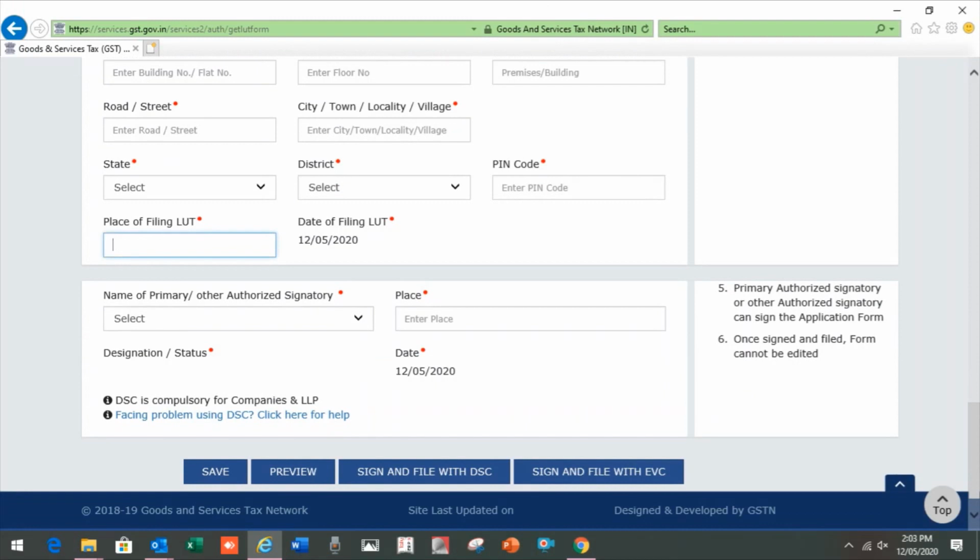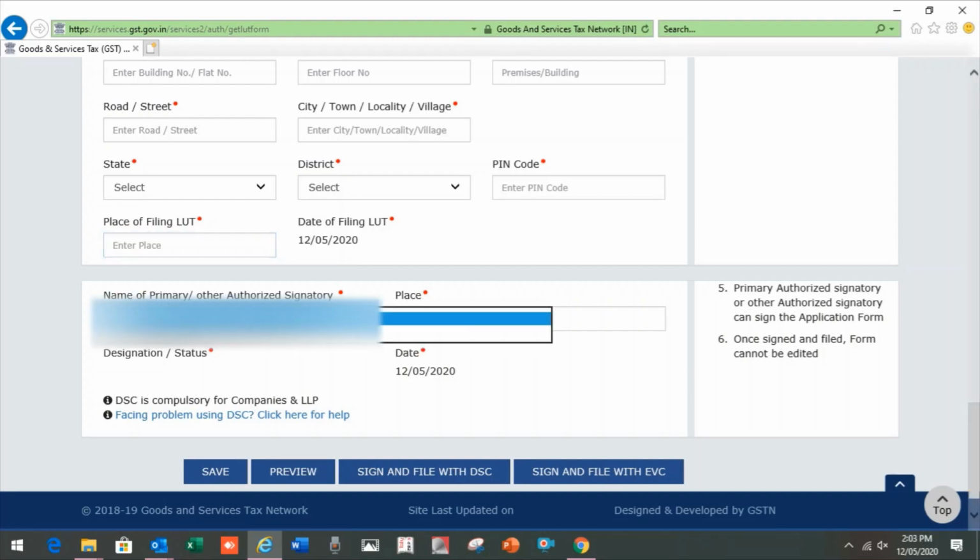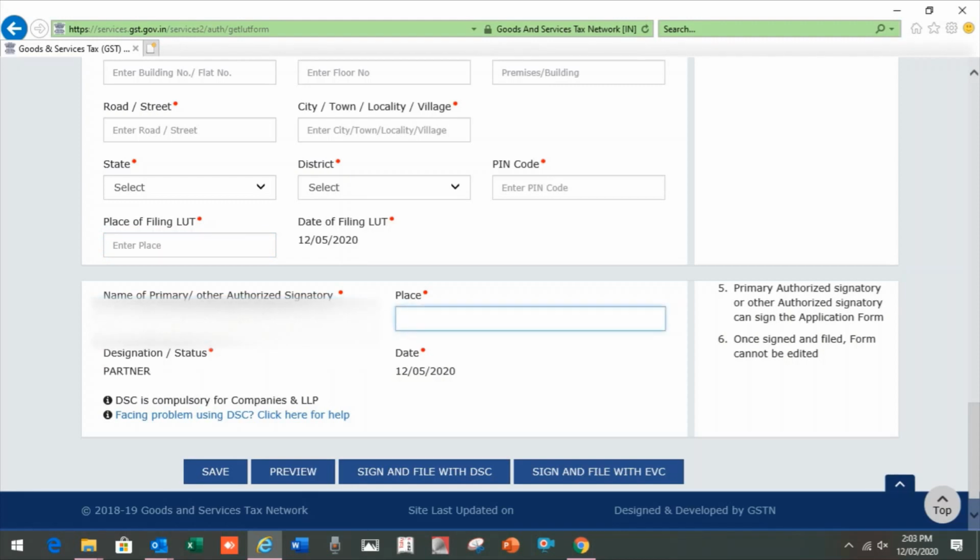After that you fill in the date of filing of the LUT. Suppose I am applying today, so today's date is the filing date, along with the place of supply from where I am applying. Suppose I belong to Gurgaon, so I will fill in Gurgaon here. Then the registered person, that is myself, again Gurgaon. Then you save it first and sign it with Apply for DSC.